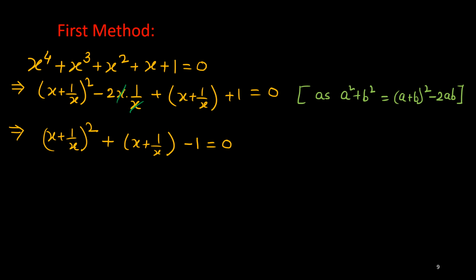Now I can replace x plus 1 upon x by another variable y. Then we'll get y square plus y minus 1 equal to 0. This is a quadratic equation that we can solve, right? The value for y we can solve